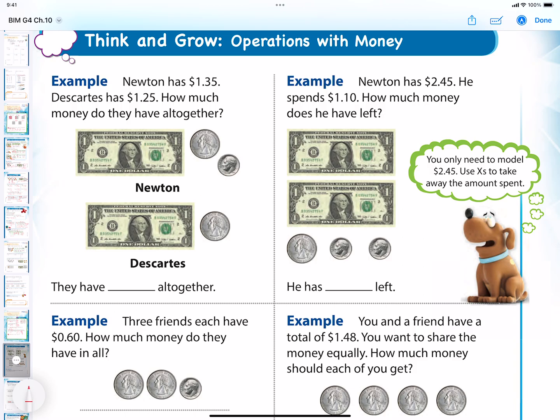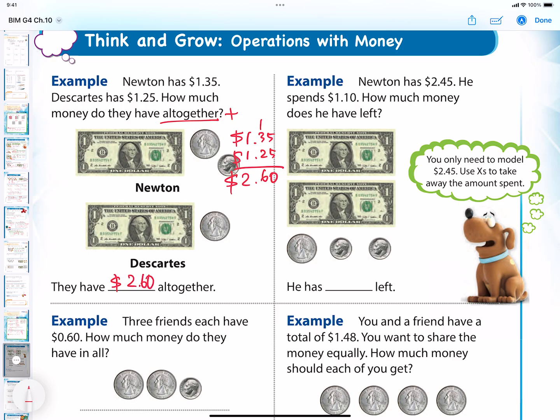Newton has $1.35. Descartes has $1.25. How much money do they have altogether? Altogether means addition. So let's add this together. Newton and Descartes has $1.35. What did I say? Align by their place value. 5 plus 5 is 10. Carry 1 up and it becomes 6 and 2. So they have, and you need to put this dollar sign at the end,